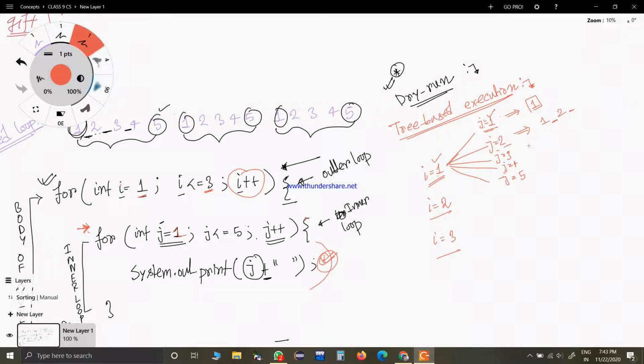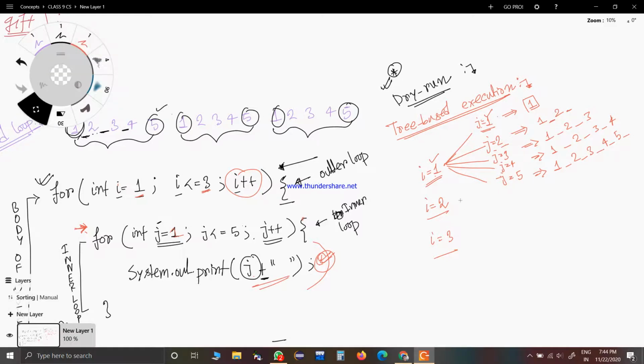Similarly, for j equal to 3, you will get 1, 2, and 3. For j equal to 4, you will get 1, 2, 3, and 4. For j equal to 5, you will get 1 space, 2 space, 3 space, 4 space, 5 space, because I am writing j plus space here. Understood?